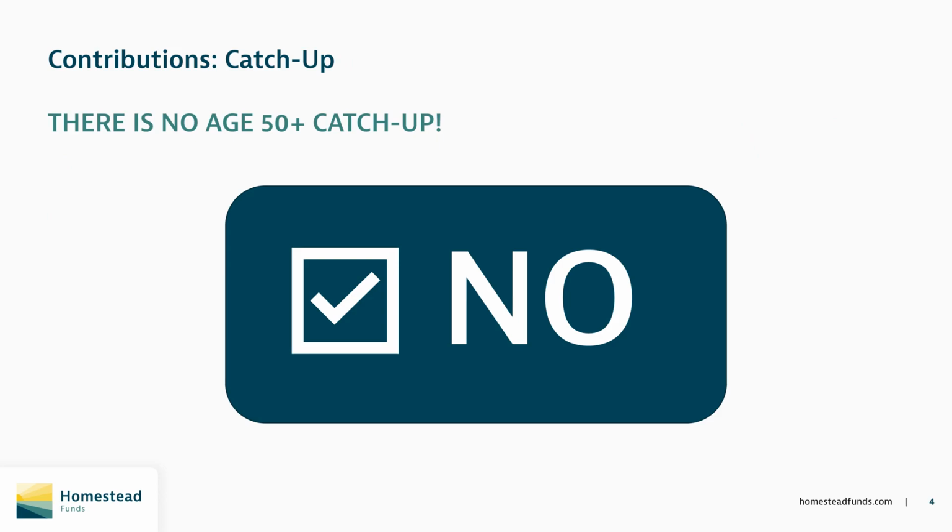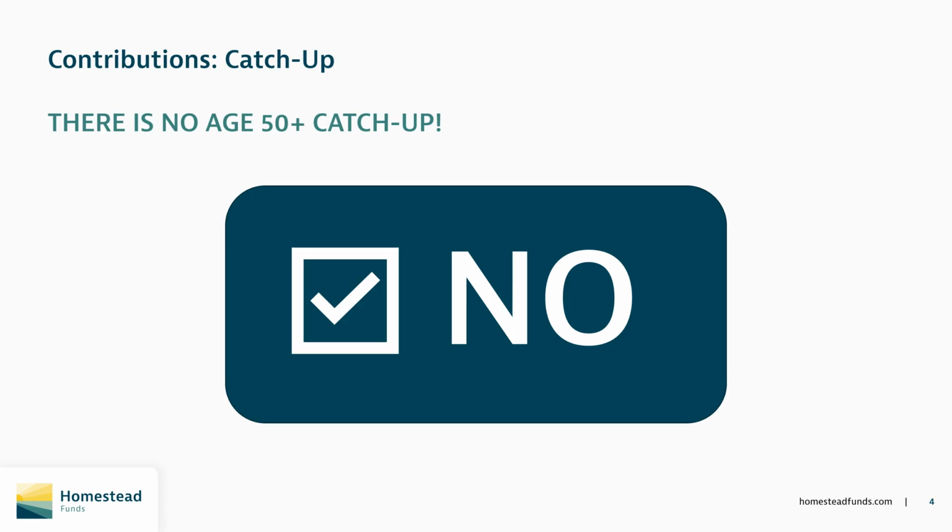There is a catch-up contribution amount available in 457B plans, but it is not a flat amount beginning at age 50 like we are all familiar with in 401k plans. Hopefully this message is getting through loud and clear on the slide. However, since governmental 457B plan rules do allow age 50 catch-up, this often causes confusion with plan participants and plan